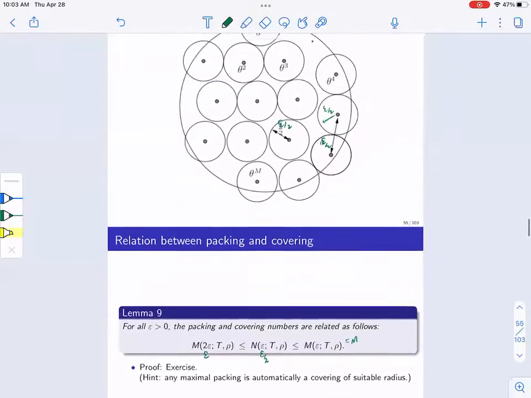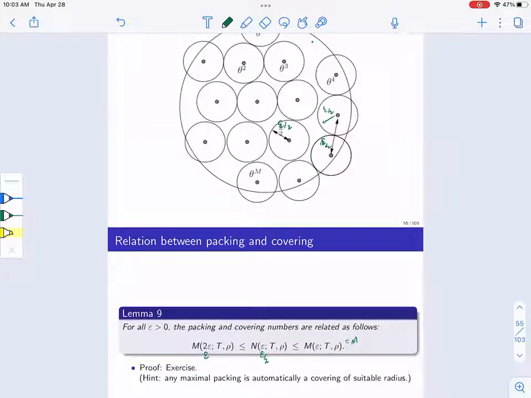This would be this idea that if I pick a maximal epsilon packing, then it's not an epsilon over 2 covering, right? But why is there no other possible